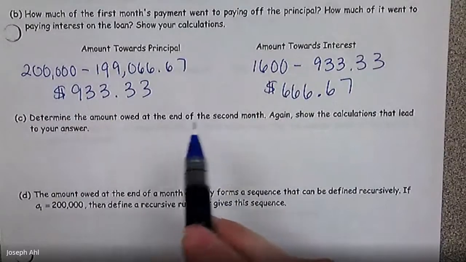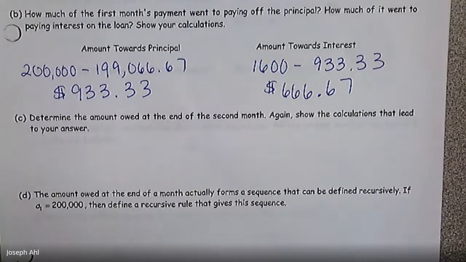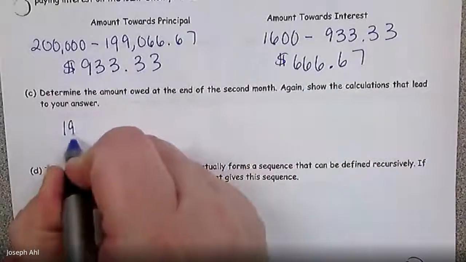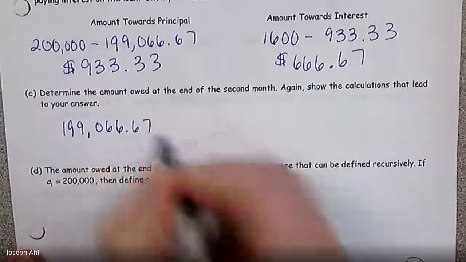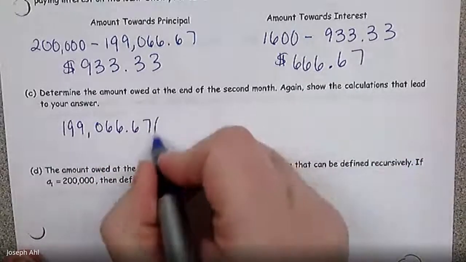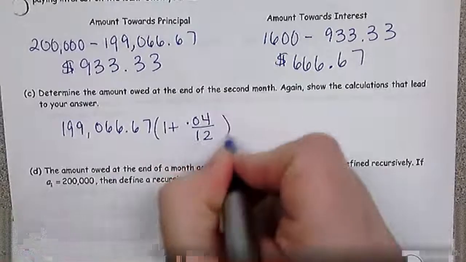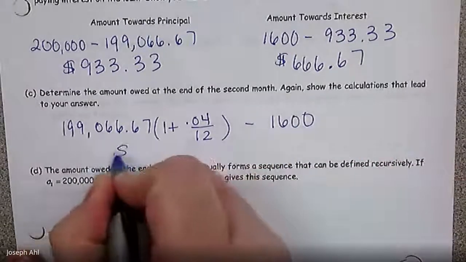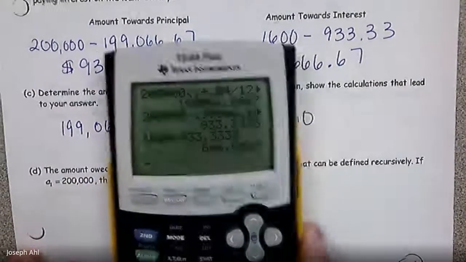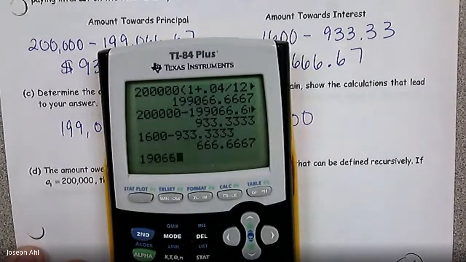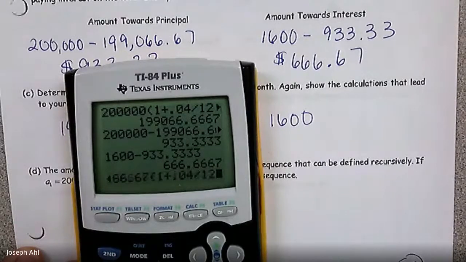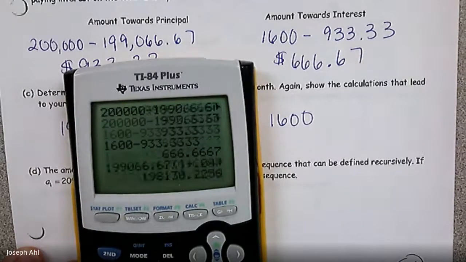Determine the amount of money owed at the end of the second month, and again, show the calculations that lead to your answer. So we know after month one we owe this, so take that last amount, $199,066.67, and multiply by the interest, which is 1 plus 0.04 over 12. From that, you'll subtract $1,600, and we'll see here how much we owe after month two. So $199,066.67 times 1 plus 0.04 over 12 minus my payment of $1,600 is